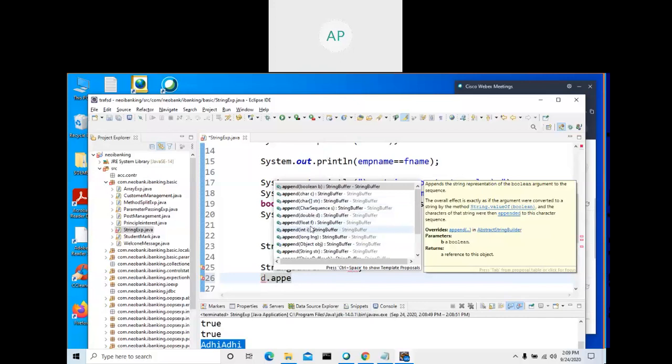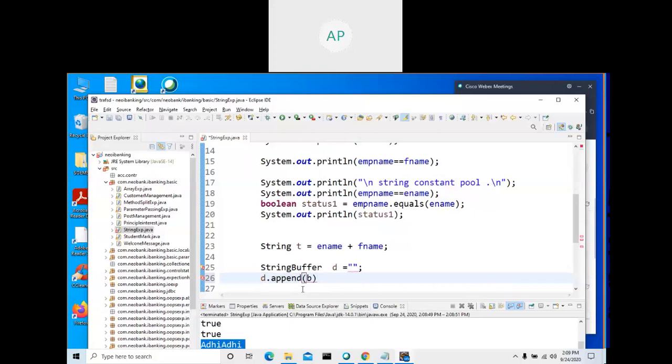You declare a variable called string buffer something, and use append. Append ename. Control S.